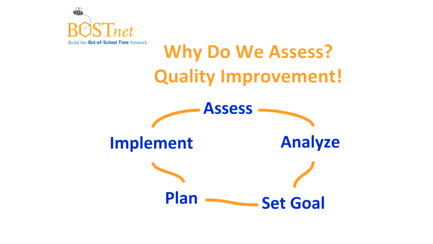We begin the assessment process by assessing via observation or assessment tool. Once we have the results, we analyze them, and then we set goals for quality improvement. We don't just look at the scores and say, fantastic, we got a 3, we got a 7, we got a 6, but we set goals. Then we make a plan for how we're going to reach those goals, and we implement that plan. Sometimes that can be the hardest. We are going to talk about each of these pieces further on in the course.